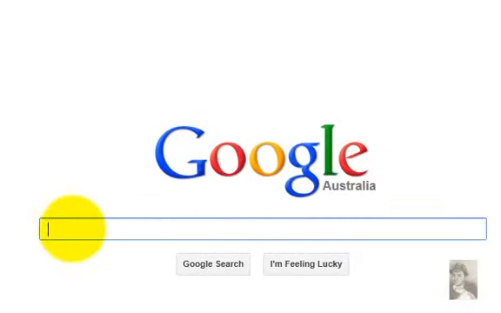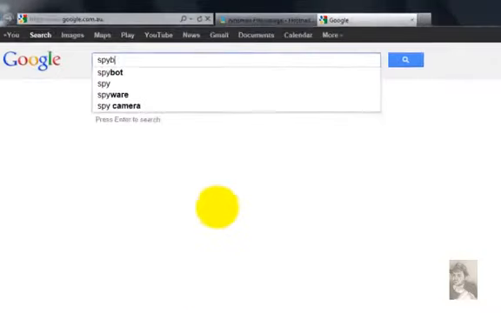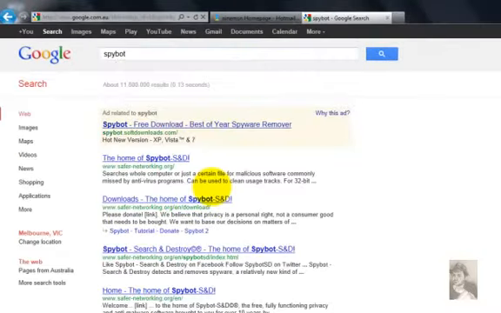So the first thing I'm going to do is install a program called Spybot Search and Destroy. So I'm just going to type Spybot into Google and hit enter. Now the trick with these programs is that sometimes a lot of websites try and fool you to download Spybot, but it's not actually Spybot. The one that you want to really look for is the domain name, which is